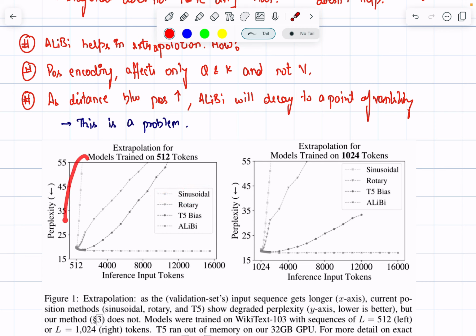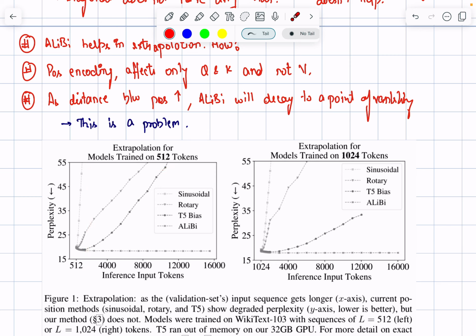So this is the sinusoidal one. As we increase the number of tokens during test time a little bit more than what we saw during training, that means 512 in this case, then the perplexity drastically increases,